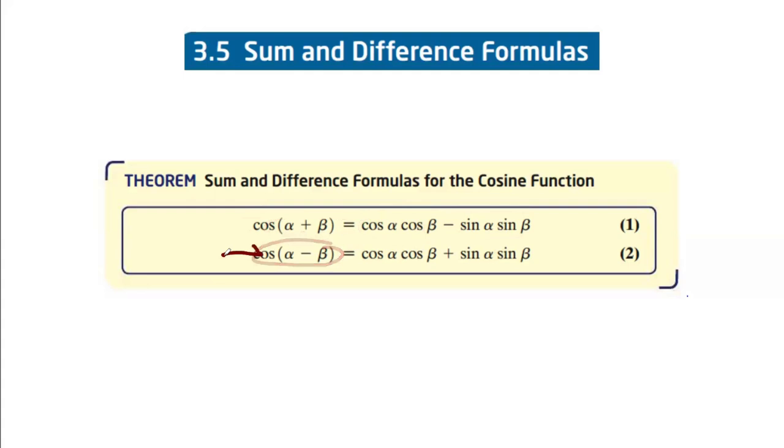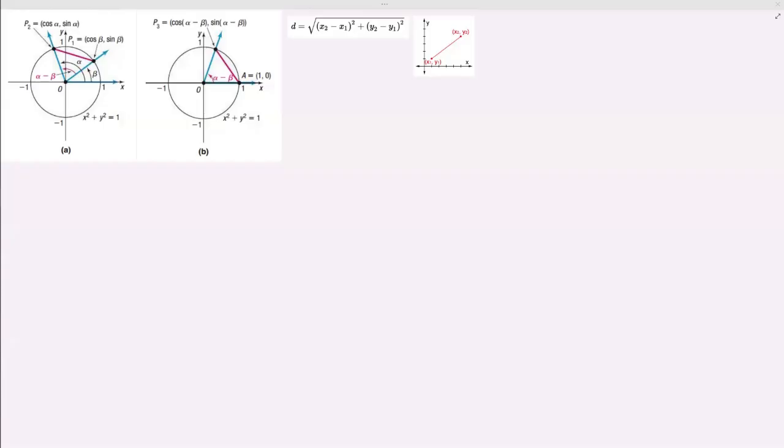So let's take a look at proving cosine of alpha minus beta equals cosine alpha times cosine beta plus sine alpha times sine beta. Okay, so let's start with these two pictures. We're going to use these to help convince us that that rule works. So we're going to declare a couple of angles here. The alpha stretches